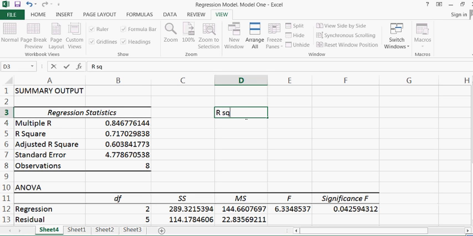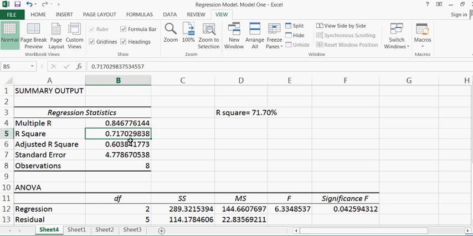The value of R square is actually 71.70%, right? This one, 71.70%. Okay, the question is what does R square mean? Okay, it means that